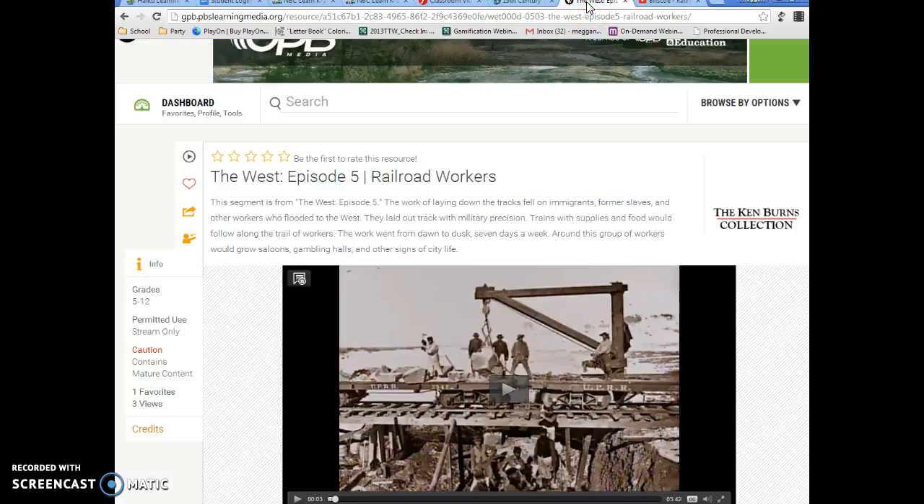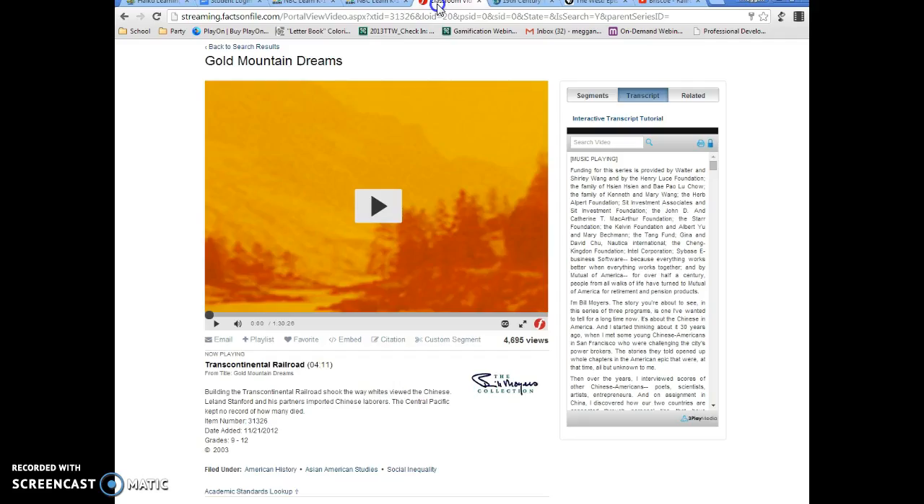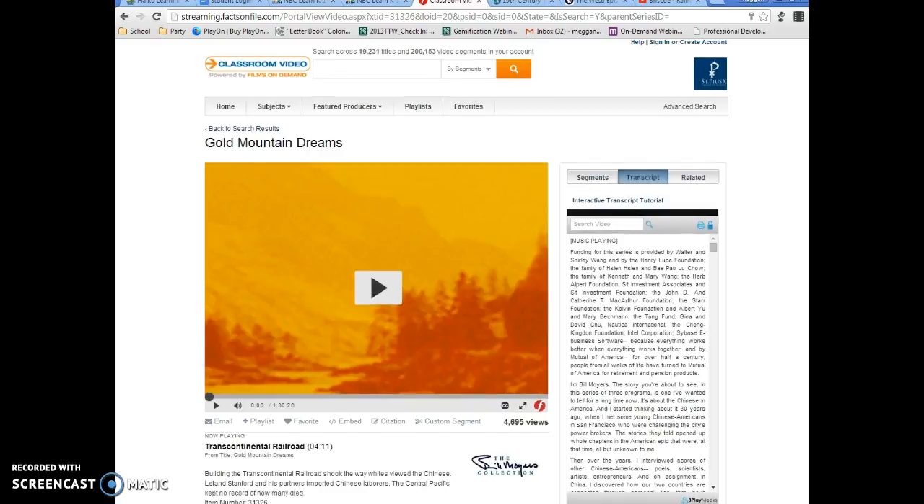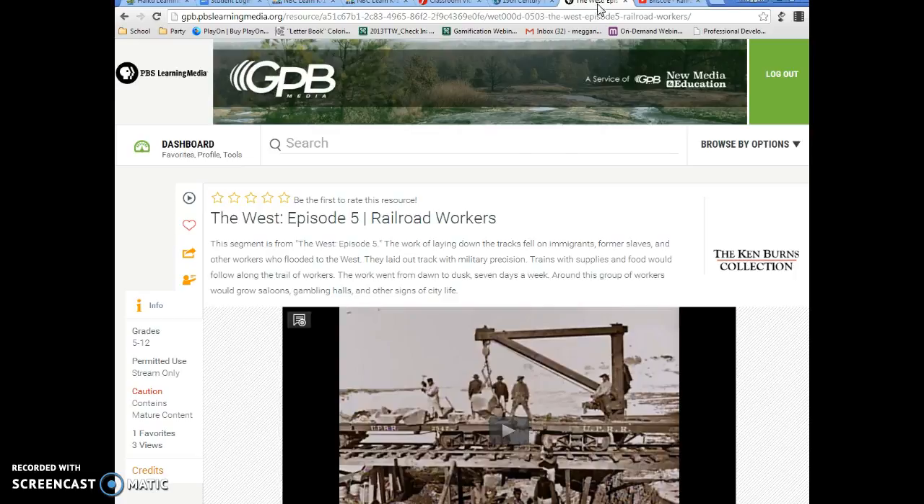Moving along, PBS Learning Media is our last database. The content's the best, but it has no transcript, and it's hard to search. Notice it just has a search box. The rest of these have a search box where you could come over here and you could search by segments, by titles, and you can search in the transcript. PBS Learning Media, not so easy. It's like searching on the web. However, the content's fantastic. So if you were looking up Transcontinental Railroad,